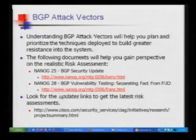And the bad guys are not doing it because the bad guys need the internet to stay up and stable for them to make their money. But you have politically oriented people and terrorists out there who want to disrupt, right? So the threat vector around this is actually, even though BGP hasn't changed much, the importance of looking at this and making sure you're doing things to protect your control plane is even more